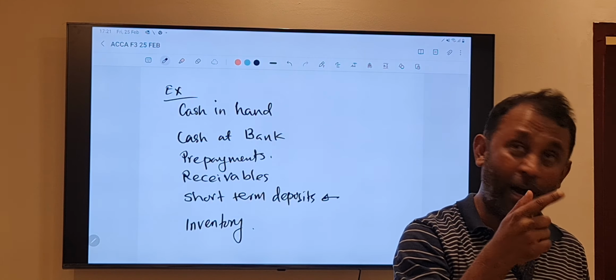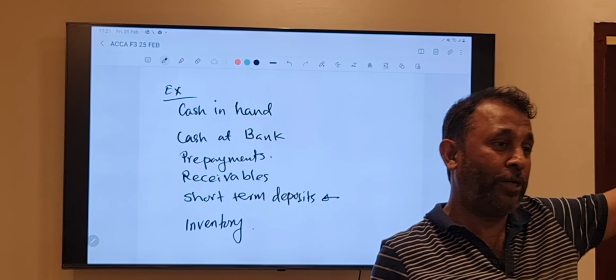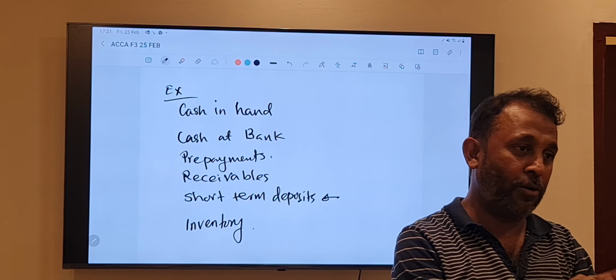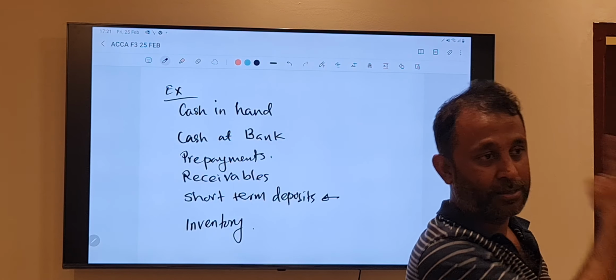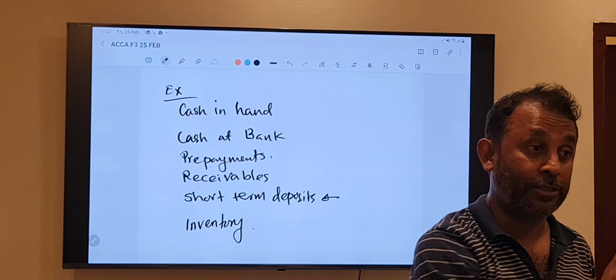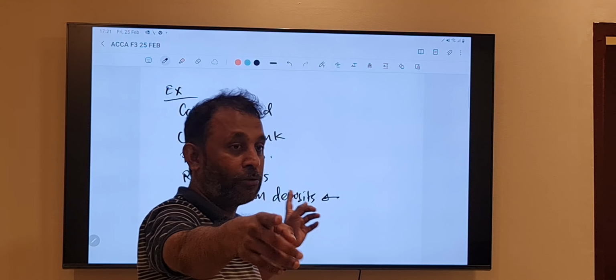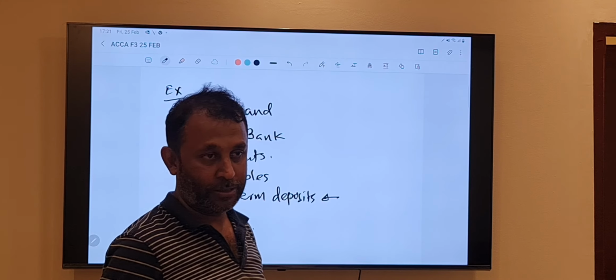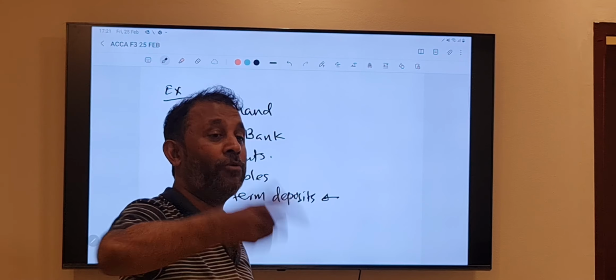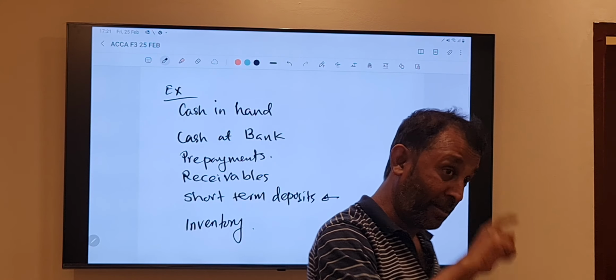Okay. Then after 1 week you need a supply payment. You need 25,000 riyal. So you write an email or some instruction, then they will transfer. This type of deposit is known as short term. One good example is Aldana deposit. They will give a certificate. Anytime you know, but see the difference between this and the fixed deposit.